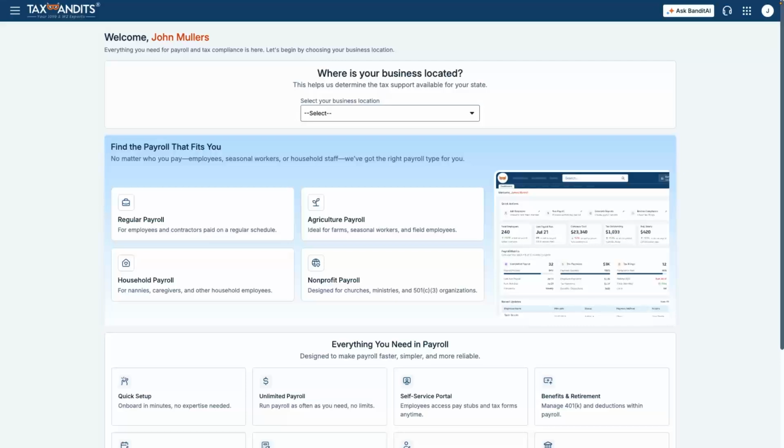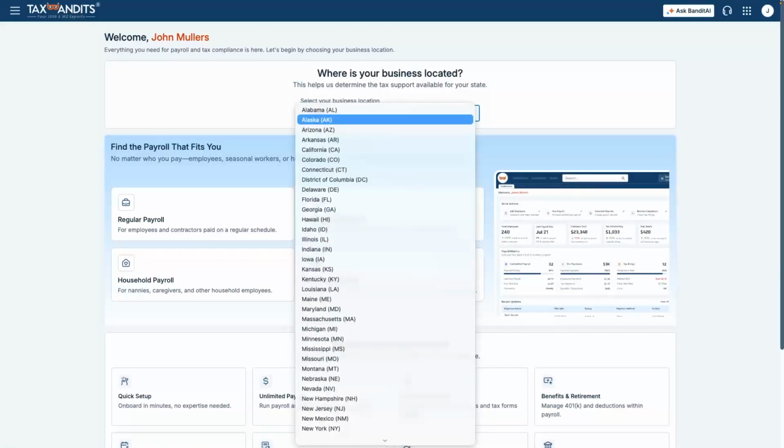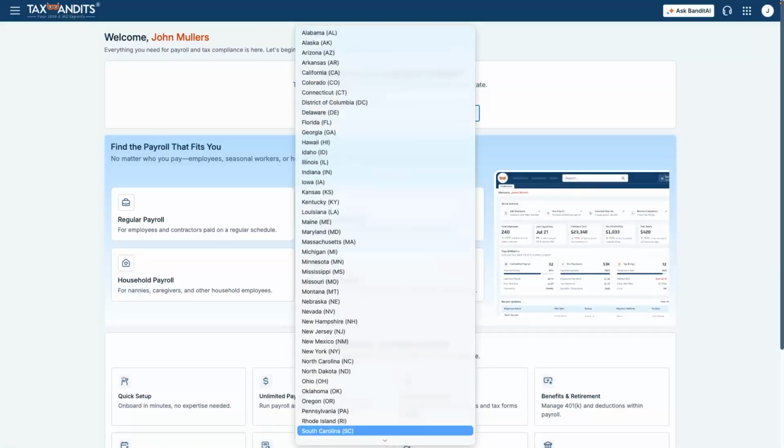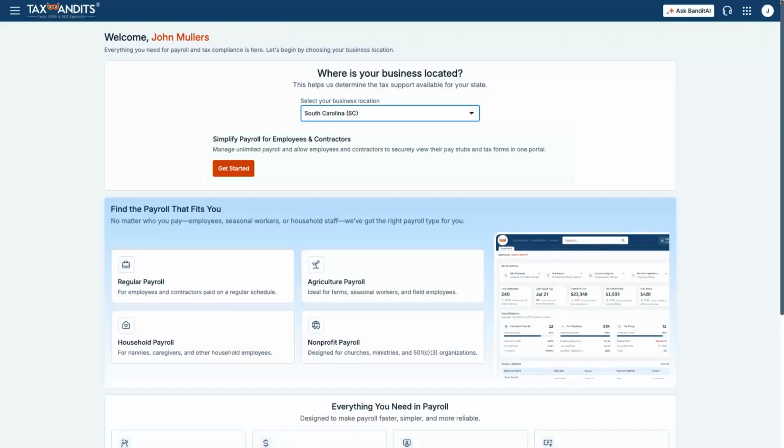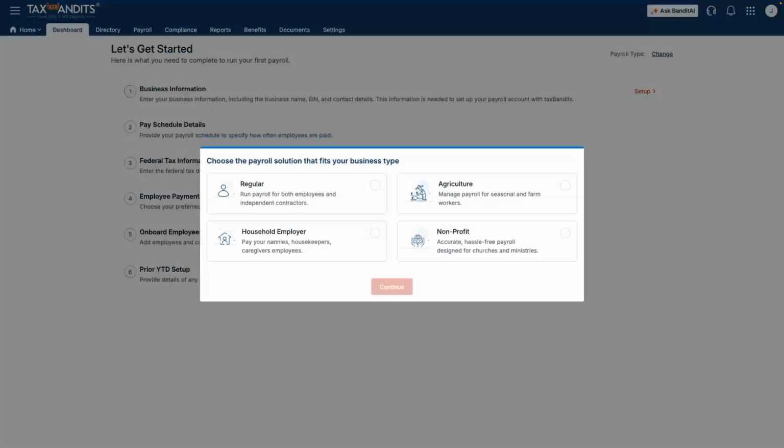When you first sign in, you'll be welcomed to the Payroll Dashboard. Start by selecting the state where your business operates. This allows TaxBandits to determine the payroll taxes and compliance requirements that apply to your business. Next, choose the payroll type that best matches your organization. Whether you're running payroll for a traditional business, an agricultural operation, a household employer, or a nonprofit, simply select the